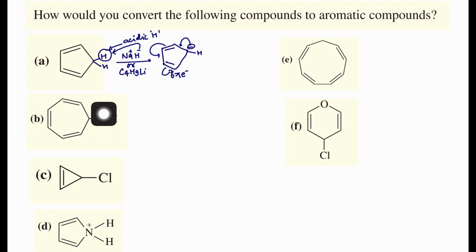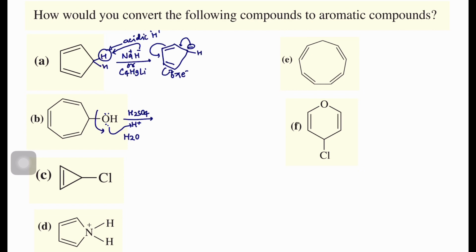Let's move to this one. This can also be converted into an aromatic compound if you're able to make a carbocation at this carbon. In that case we'll treat with sulfuric acid. Sulfuric acid will protonate this alcohol by giving H plus, and it will be converted into a good leaving group, which is actually water, which will leave